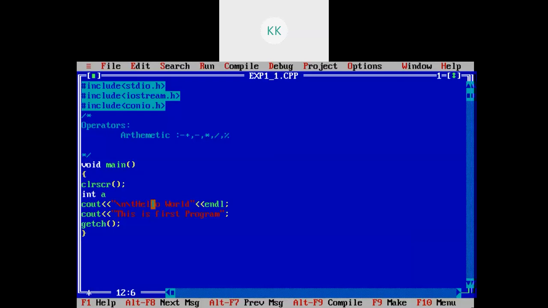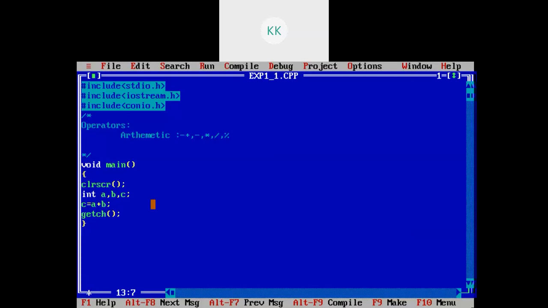Let's say int a, b, c: two variables to input values and another variable to output the value, right? Now I will change this a little bit. So what I want to perform is c equals a plus b operation. So I will write c equals a plus b.